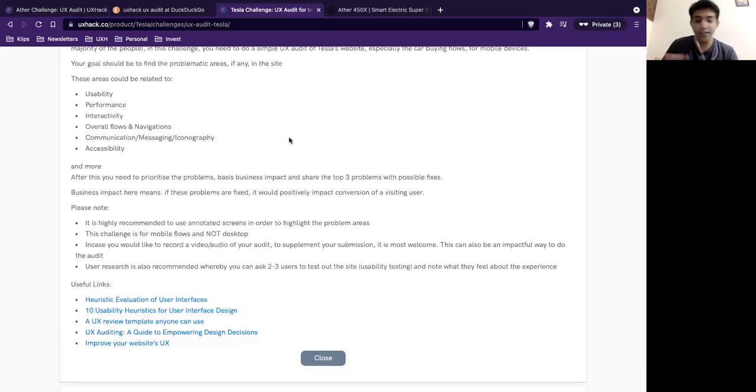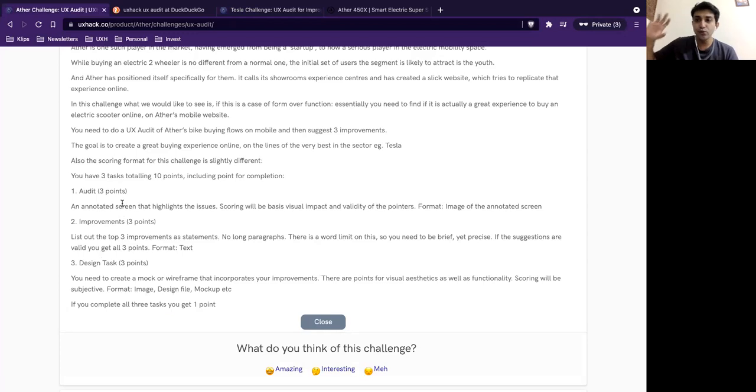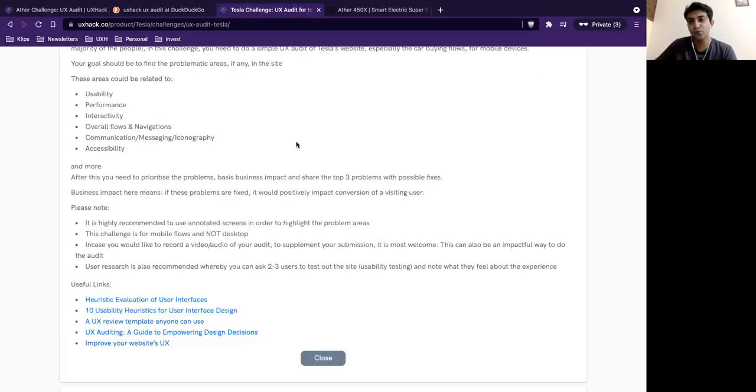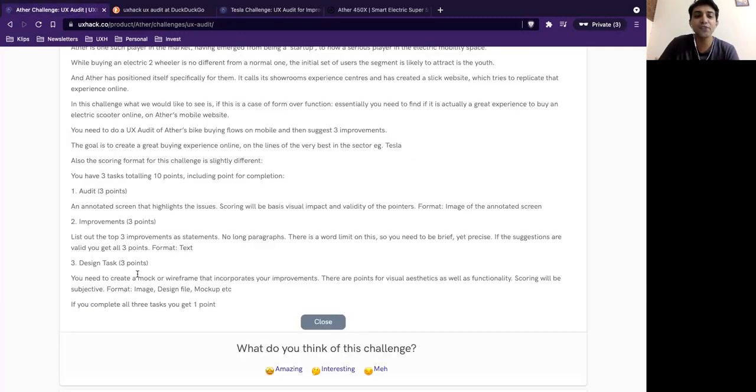There are different ways of going about it. I'm not going to tell you to do it this way or that. You can do whatever way you want, but the output has to be an annotated screen, right? You can do your exercises in different formats. You can do it observation based, user research based, or the heuristics way. You can do various ways of the audit. We are not concerned with that. There are no additional points if you put additional effort there, but the output has to be in the form of an annotated screen.